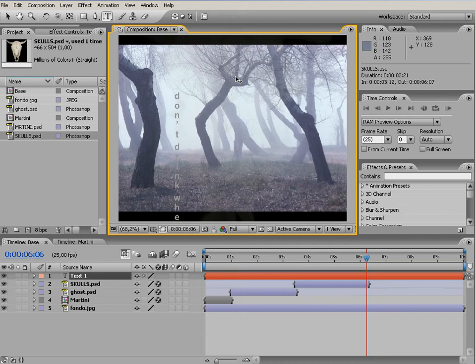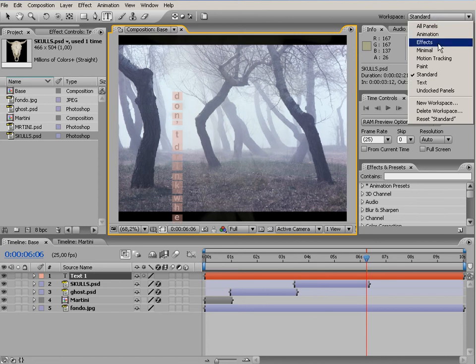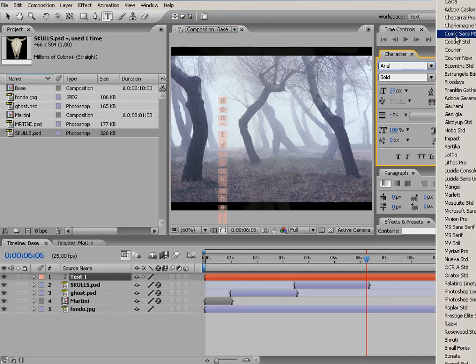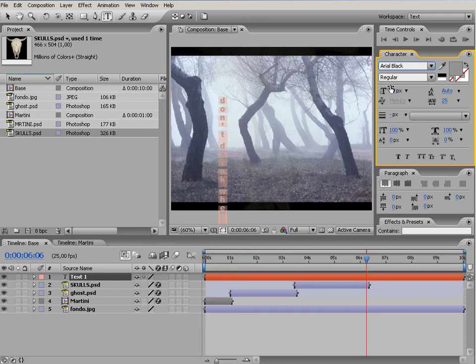I finished typing my sentence, and I didn't touch anything on my keyboard, neither on my mouse. I'm pushing my shift button and my up arrow key. In this way, just clicking anytime, I'm selecting all the letters one by one. I can change my workspace to text. With all my text selected, I can choose my font, so for instance Arial Black, maybe a bigger size, something